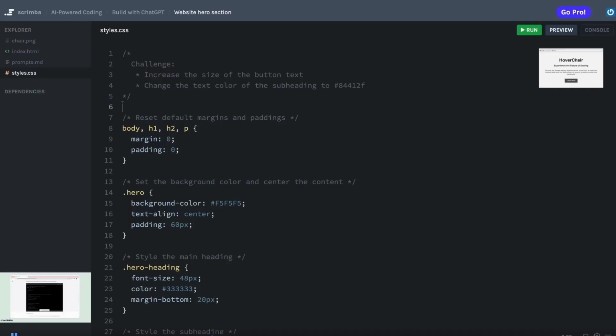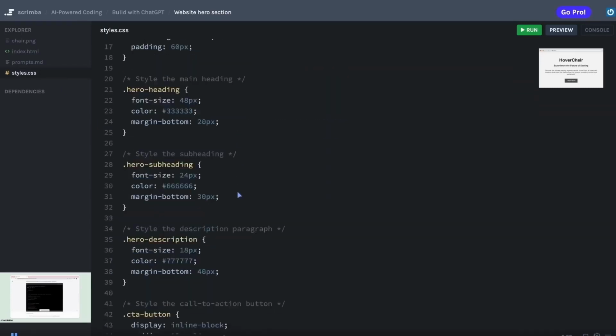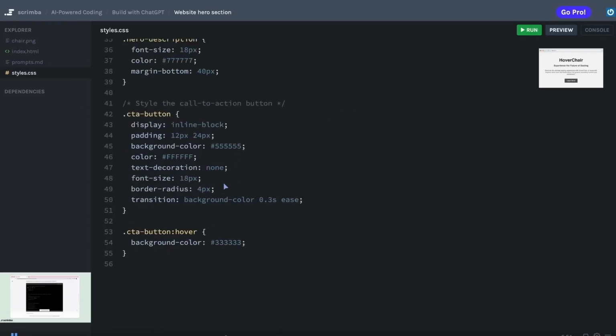Okay, hopefully you got that. So first, to increase the size of the button text, I see that the button is this element here with the class name cta-button. So in the CSS, I'll find that class name, which is this CSS rule here. And you've learned that the font-size property